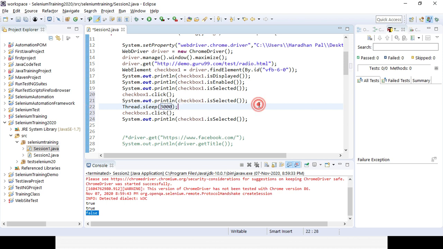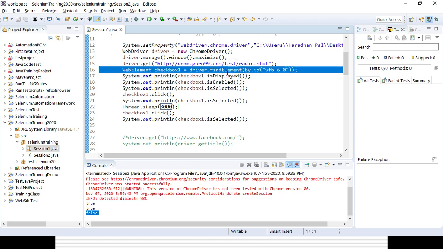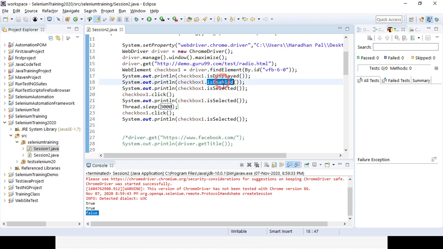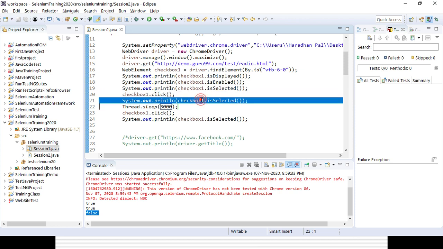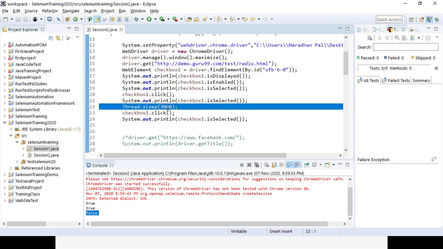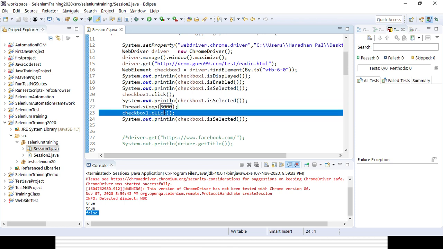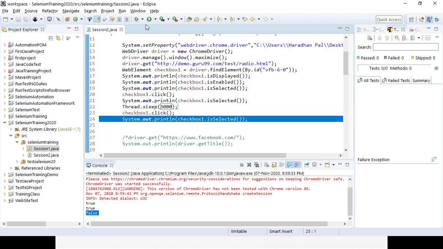So first I identify the element, then check isDisplayed, isEnabled, isSelected, which will be false. I click the checkbox, so it will be selected and isSelected will be true. After that I wait for 3 seconds, click the checkbox again, and it will be unselected and false. These lines of code will be executed and you can see the results in the console.